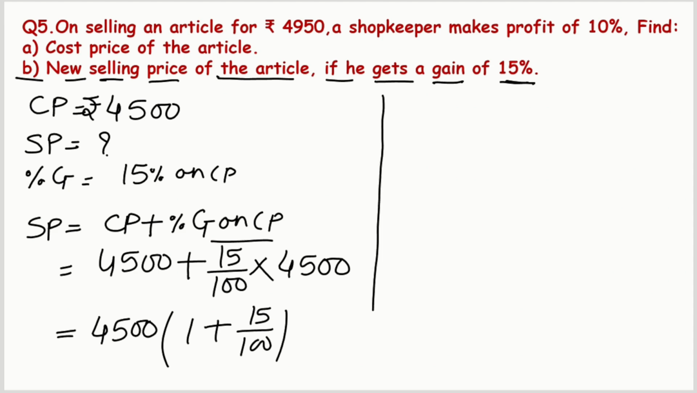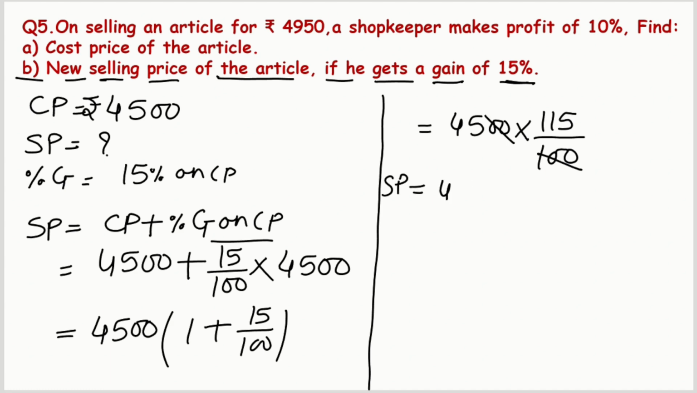Now by solving this bracket, we will get 4500 times 115 over 100. These two 0s will be cancelled with these two 0s. So SP is equal to 45 times 115. Now by multiplying these two numbers, we will get 5175